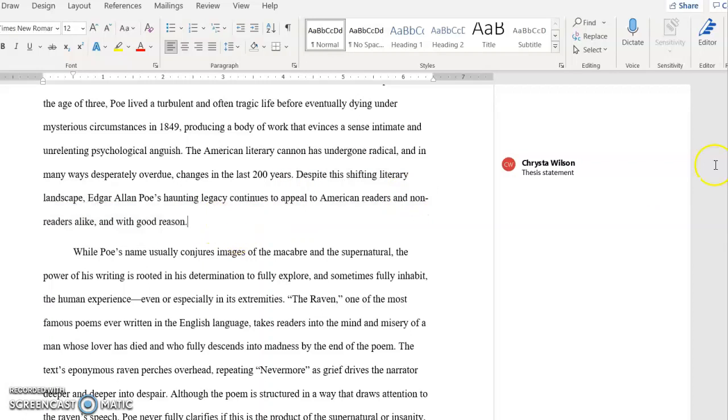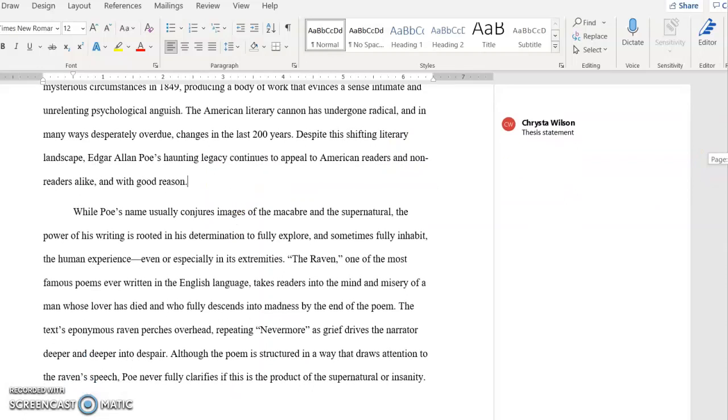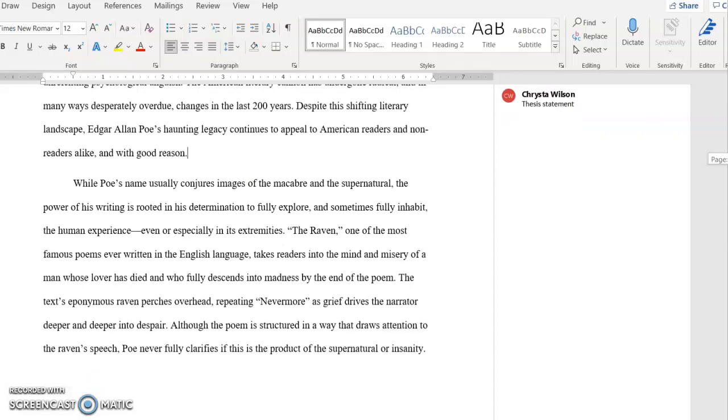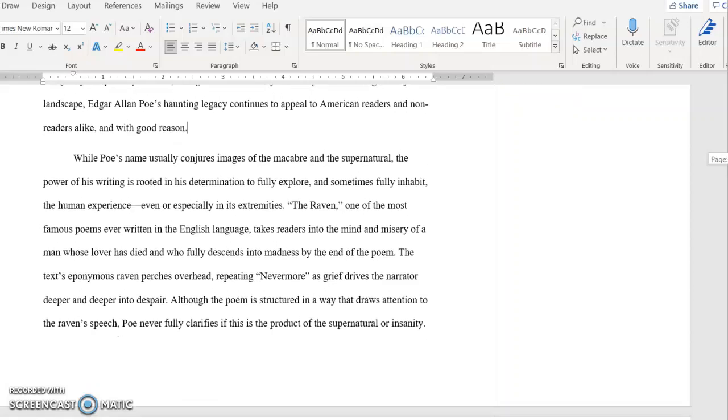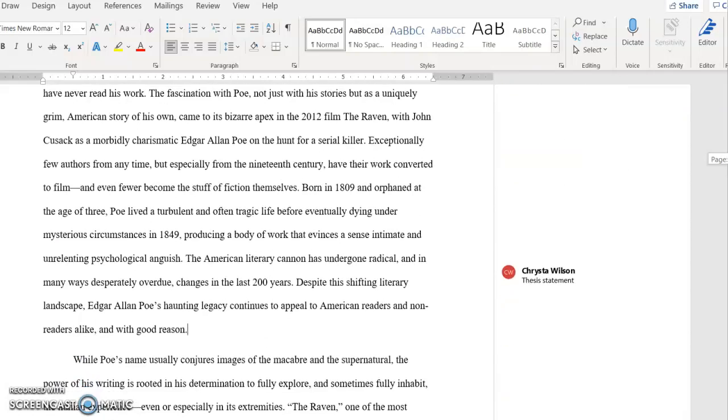I'm going to tell you guys right now that this thesis statement is really loose for a paper like this. And luckily, it's not necessarily an academic essay. It's more of a blog thing, so I can get away with being a little bit more open-ended with my thesis here. But yeah, so this is how that works.